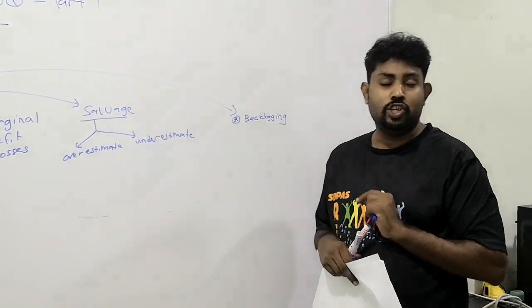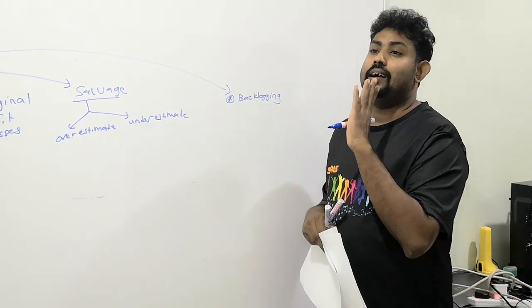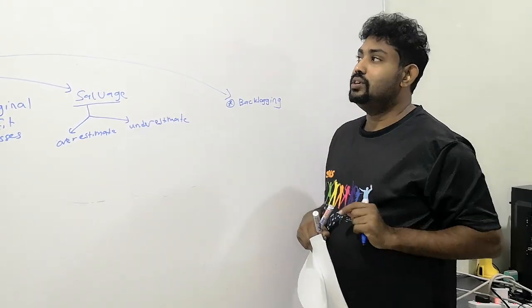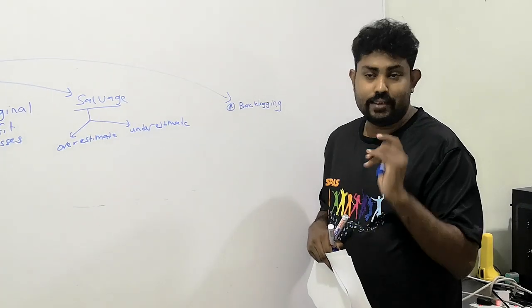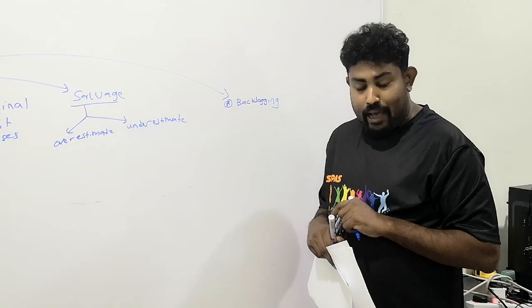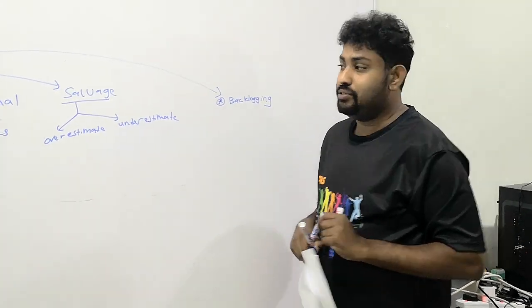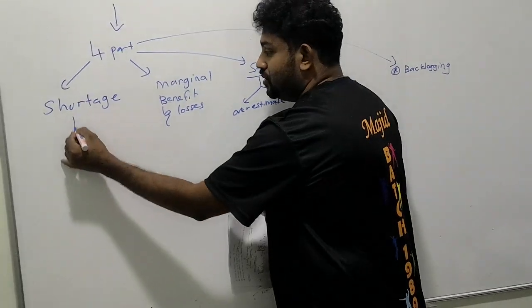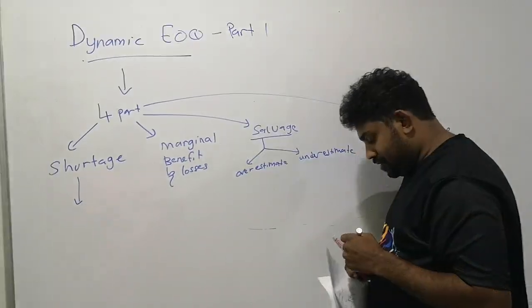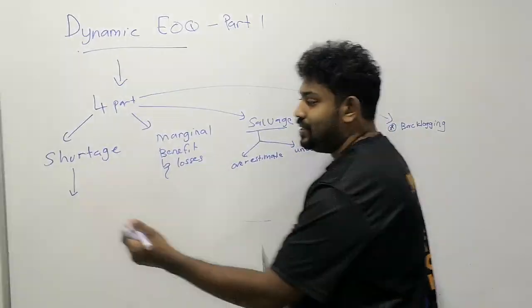While for dynamic EOQ part 2, especially on the single period, multiple period, and also multiple demand, we will look at an ordering policy. We will look at EOQ part 2 in the weeks after we learn about dynamic EOQ part 1. So today we're going to look especially at shortage, where previously we know